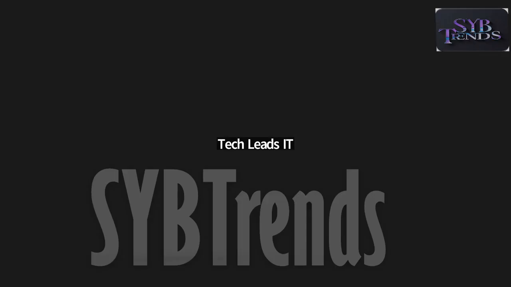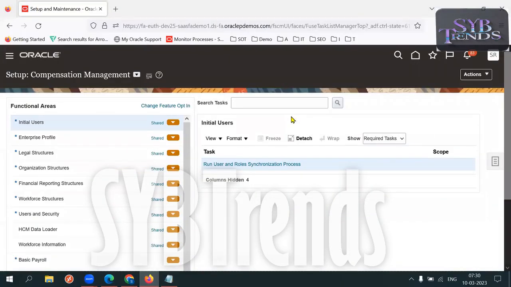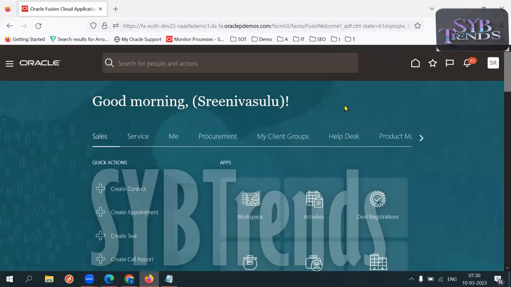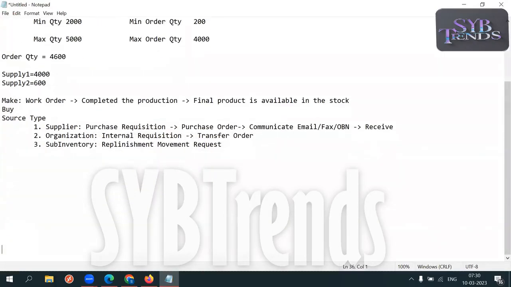I'm sharing the screen back to you. I'm able to log into the demo instance and you can see my screen, right? I shared the screen again. I'm on the demo instance. Here in the demo instance, can you tell me the implementation usernames? What are the implementation users in the